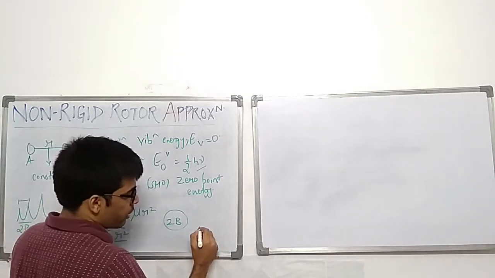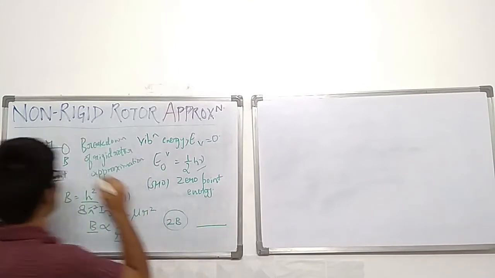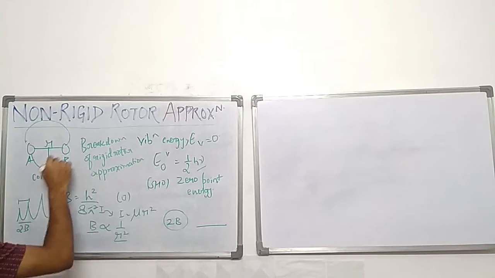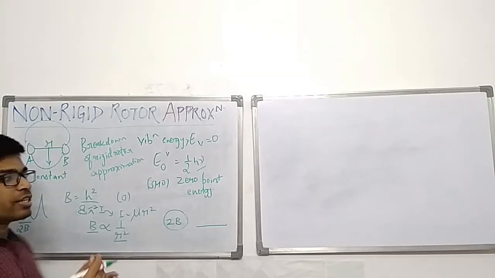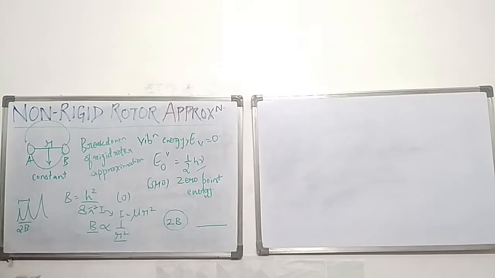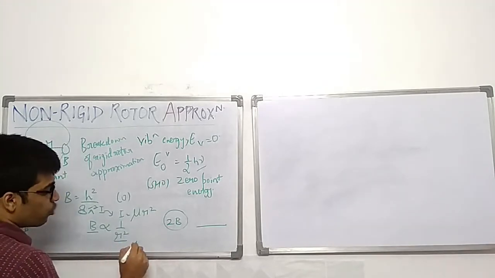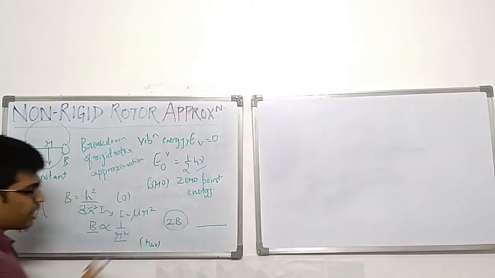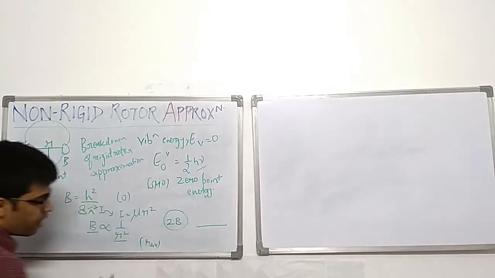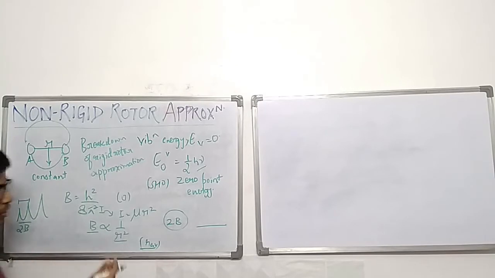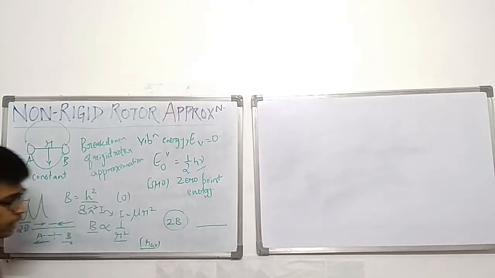Let's say the molecule is rotating in this direction. During one complete rotation, the bond length changes a lot of times. That means the bonds vibrate a huge number of times, and we take R to be an average of that. That is not needed right now, but for information purposes, we take the average. So you might question which bond length to take. If the bond length is changing from this point to this point, going out and vibrating in, which one to take? We take the average.